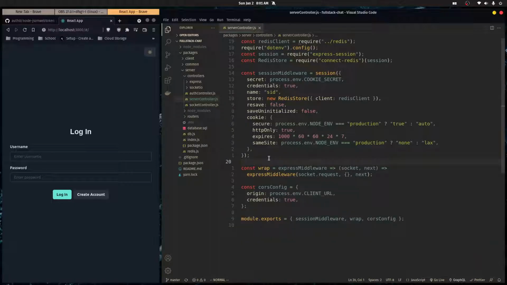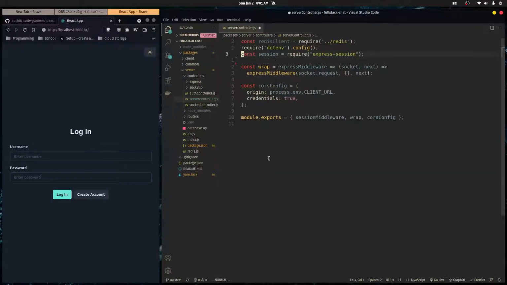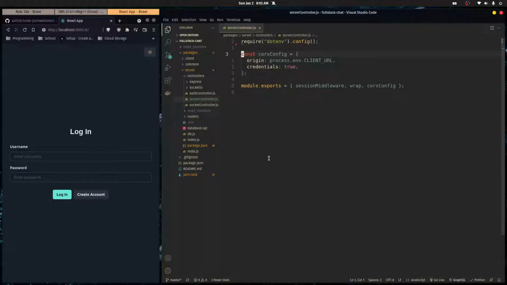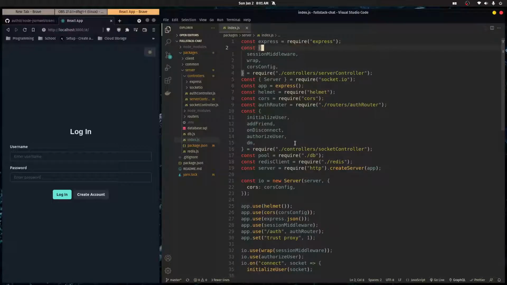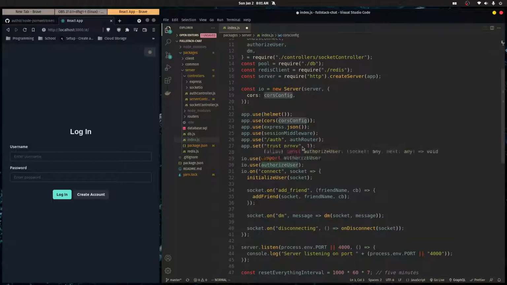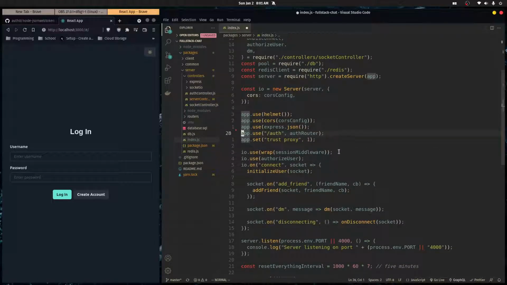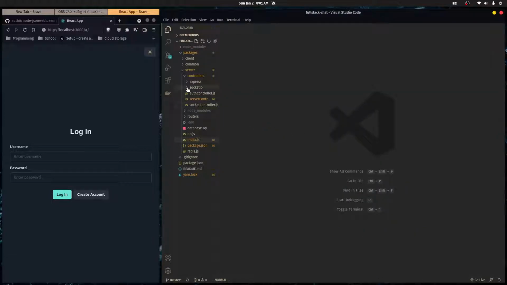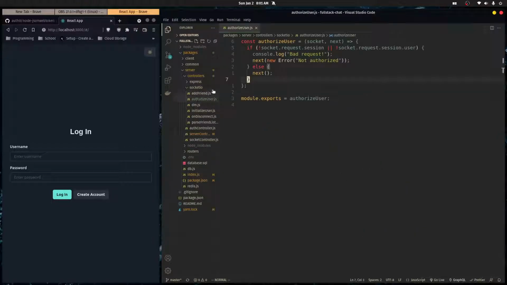And we're going to delete any trace of server-side sessions right away. So I want to delete the Redis store. We're not using the Redis client in this file anymore. We're not even using this function anymore. So just get rid of all that. And in our index.js, we get rid of these imports and make sure our application doesn't use that session middleware anymore. And also in socket.io, we're using it over here to authorize our users. I'll comment that out for now because we have to replace it later to use kind of the similar logic